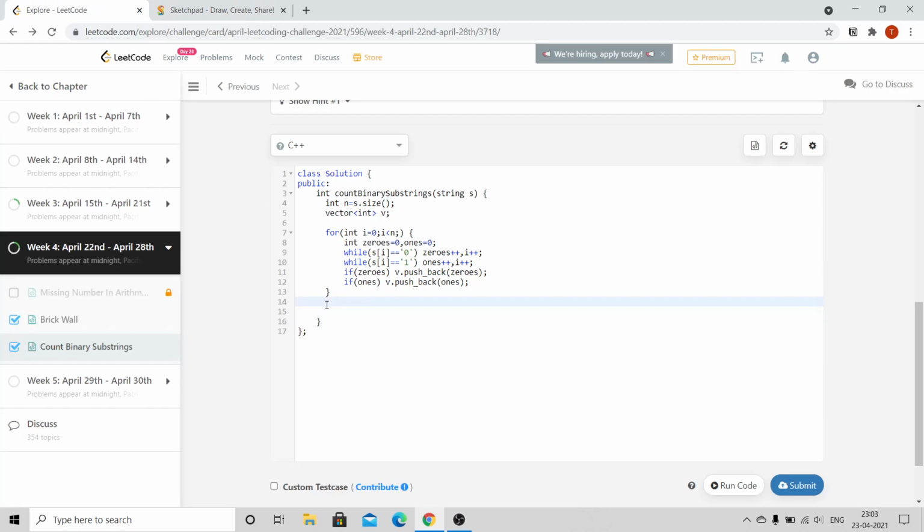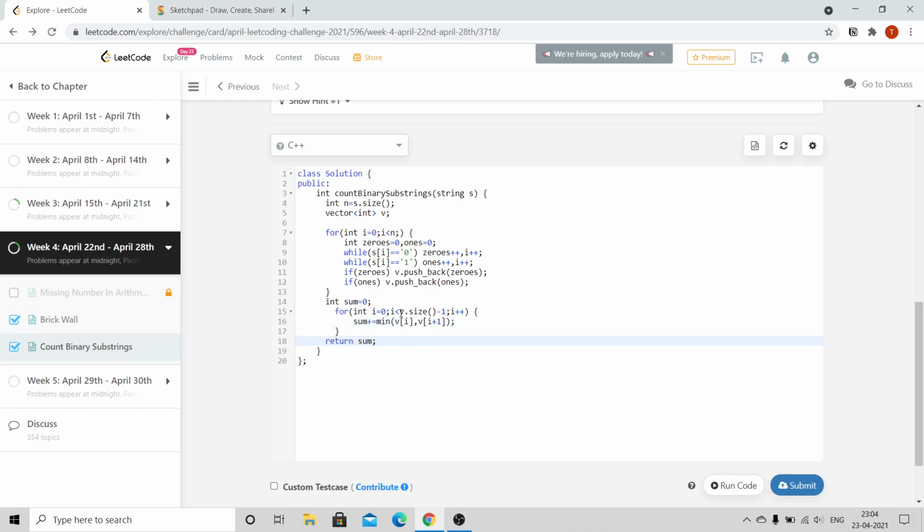So let me declare an integer sum equal to 0, and for loop, I'll tell you why I took v dot size minus 1 in just a minute. So the sum will be the minimum of v of i and v of i plus 1, that is the adjacent elements, and now we can return the sum.